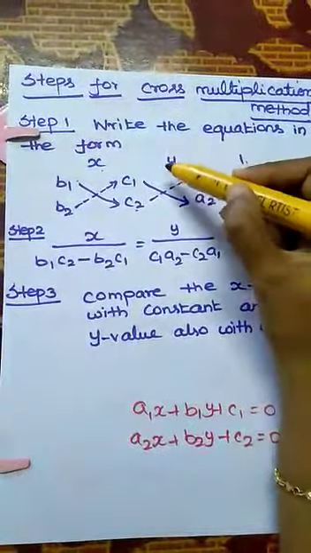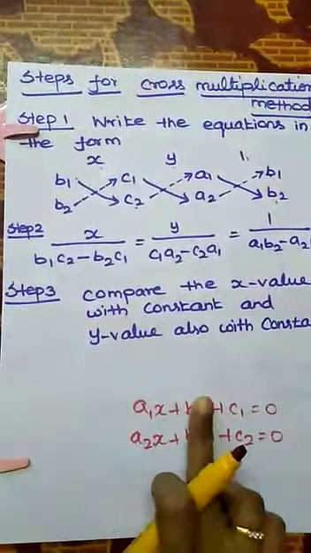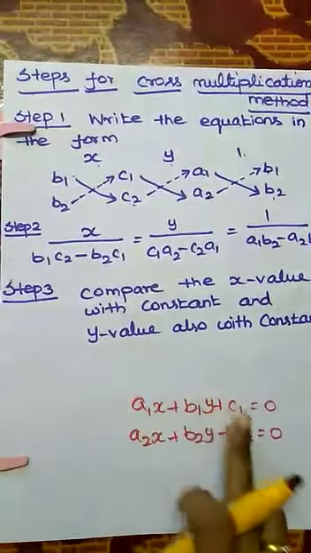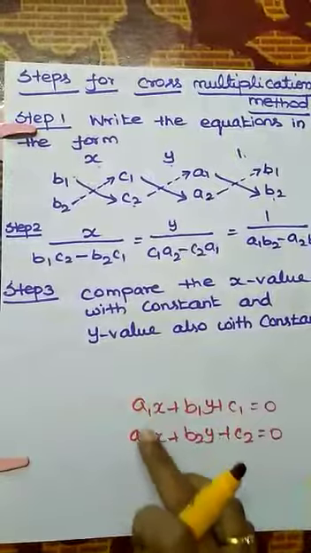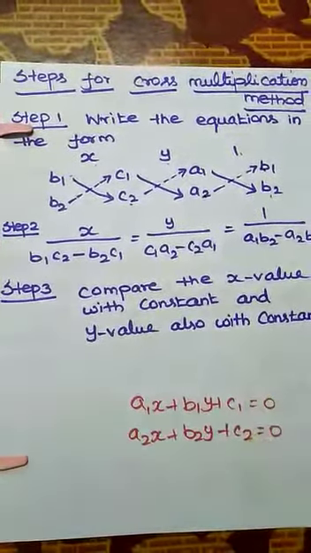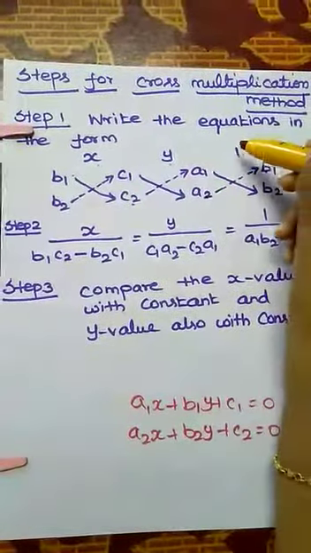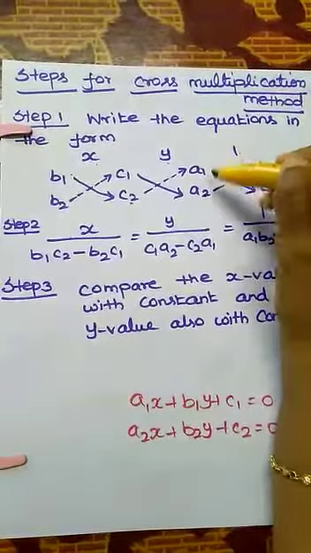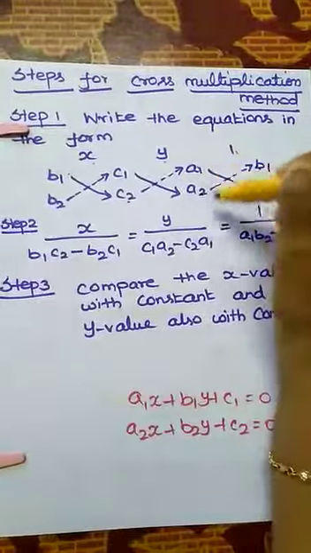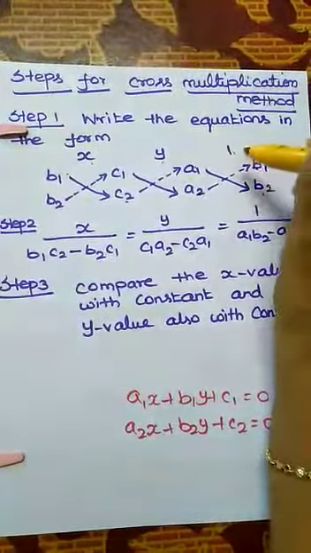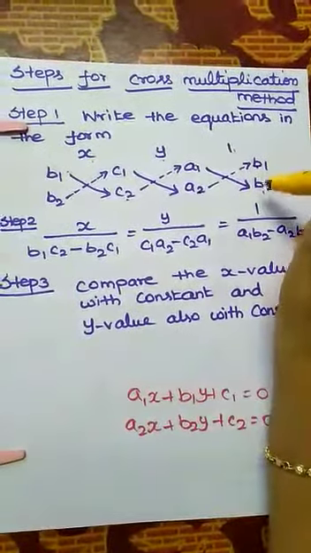Next we are going to write the y place. Y place means we don't take the y value. Coefficient of x value and constant. X value a1, a2, constant c1, c2. Already we wrote c1, c2. So directly write a1, a2 only. Next, the constant place means we have to choose x and y value. Already we wrote the x value. So here we are going to write the y value only, that is b1, b2.